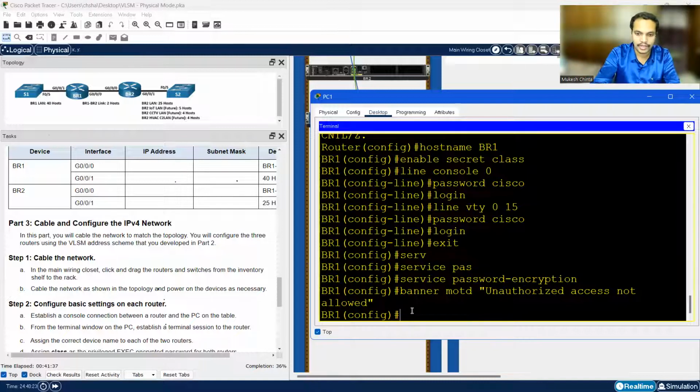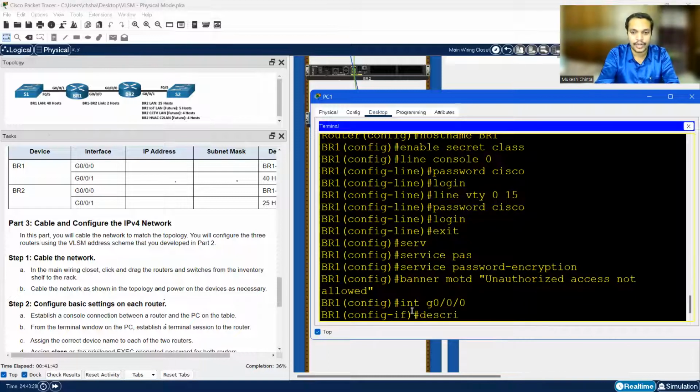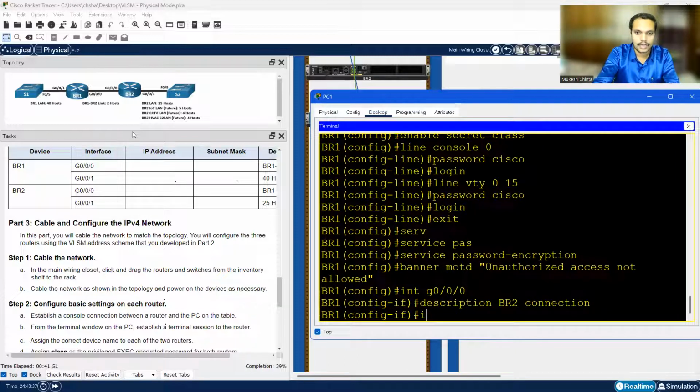In BR1, I'm starting with interface G0/0/0, enter. We need to give the description. So this is the description, BR2 connection, and IPv4 address. What is the address that we assigned? We have just written 192.168.33.1. This is BR1, right? 249, and your subnet mask is